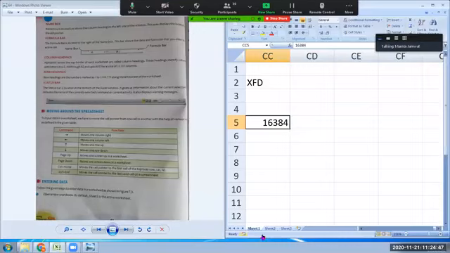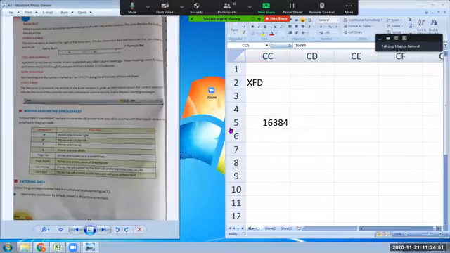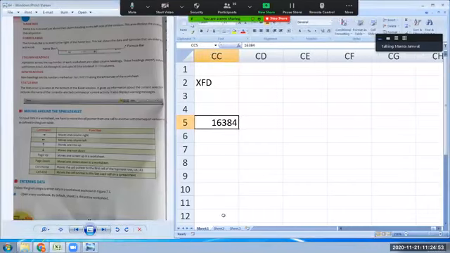Then we have status bar. Status bar is here below. Just look at this. This is your sheet, right? Here we have sheet tabs, Sheet1, Sheet2, Sheet3. Below these tabs, you have a bar actually, and in the left corner it is written Ready. Okay, and in the right corner, you have these view buttons.